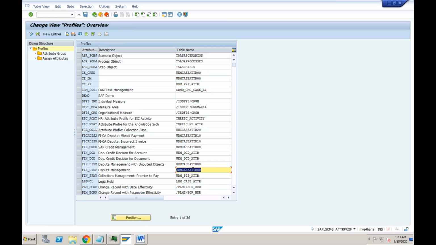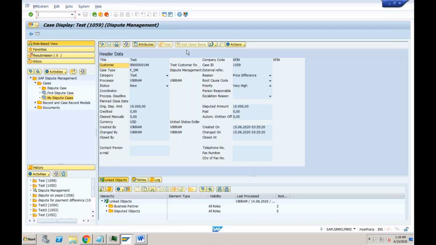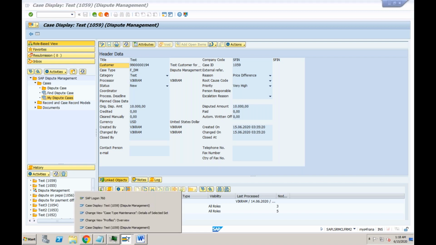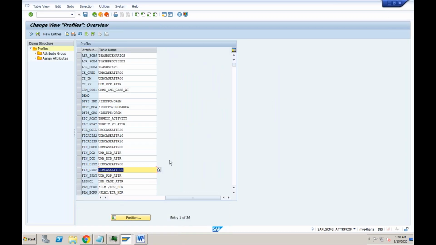So if you want to add some Z field which is not appearing currently in those 51, then you need to add those Z fields into the structure. In this particular structure, you have to take the help of ABAP. Let's say you want to add any Z field which is not available in the standard system. You want to capture anything extra. In order to capture that extra field, first of all, that field should be added into this particular structure, and only then will you be able to use that field. Clear on this?